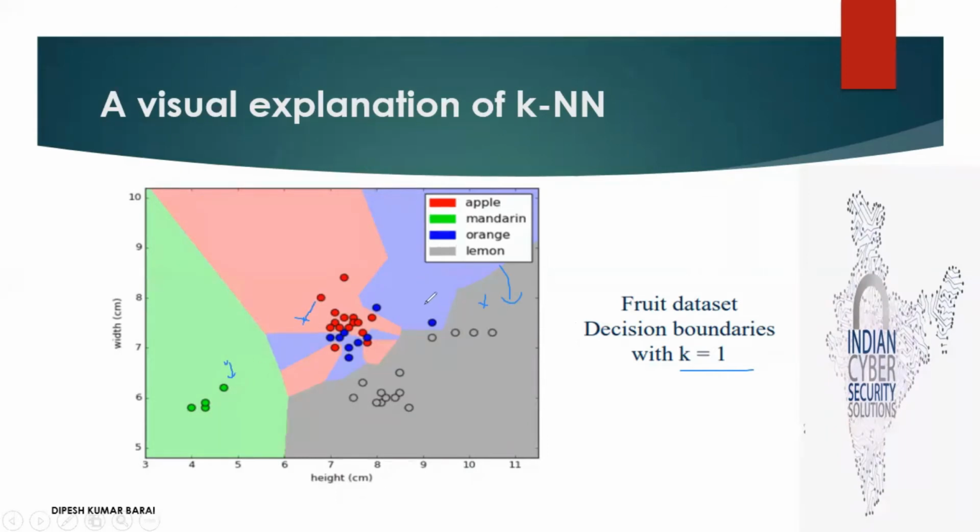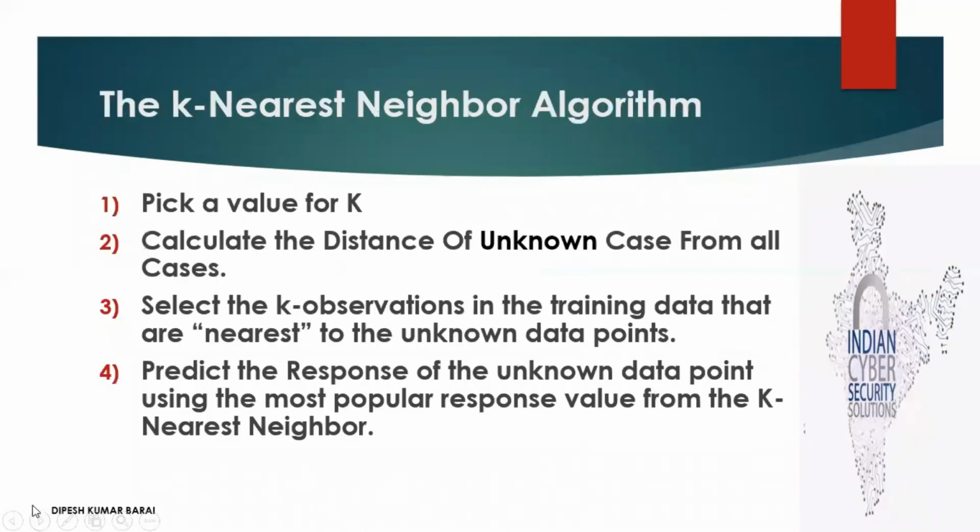Suppose there are 2 points, this one is blue and this one is gray. Means this one the orange and this one the lemon. And if you check carefully, you can see there is a line in between these 2 points, and this line is equidistant from each of them because we have taken the k value as 1 for each. Okay. So now if we increase the value of k, then the decision boundary will change.